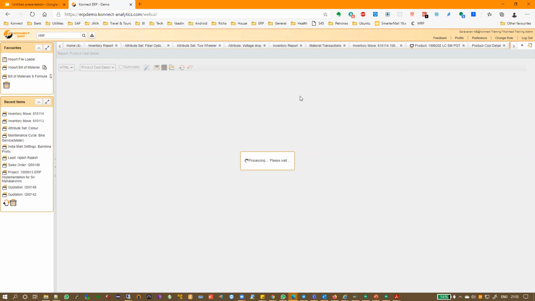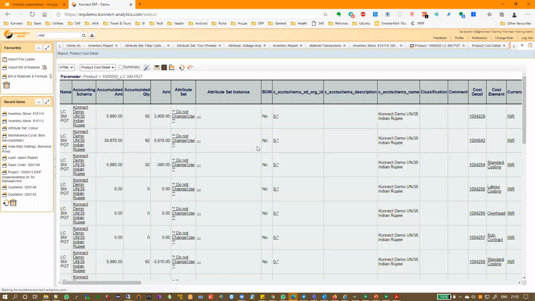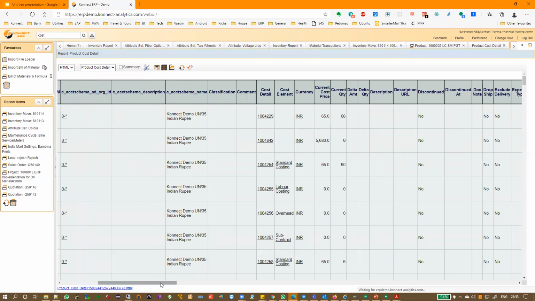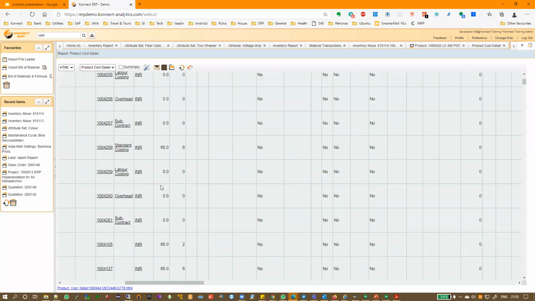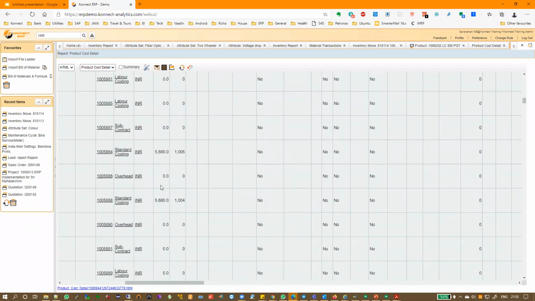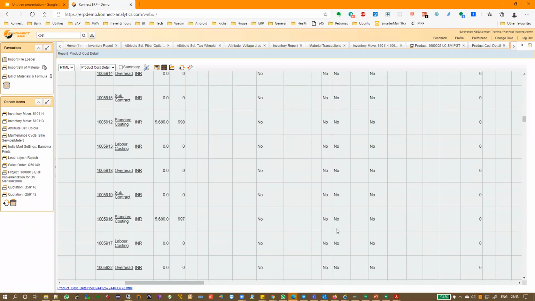Okay, it's taking some time. I think today the server is slow, so it's taking some time to execute this report. So basically, whatever is the breakup for that 5680, you should be able to see it over here. Okay, so if you see here, at various points of time, what is the amount, what is the cost element, and what is the cost, all of that detail will be displayed over here. So if you see here, the standard cost is 165, then it has now come up to 5680. Probably, I think they would have made higher purchases. So all of this individually also you'll be able to analyze.